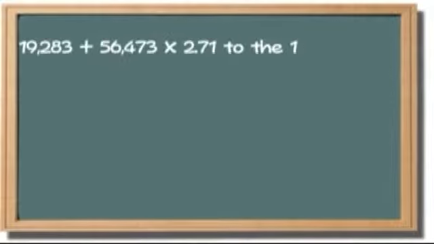Since human behavior and morality are so much more complicated, asking about these things might be more comparable to asking, what is 19,283 plus 56,473 multiplied by 2.71 raised to the 18.049th power? Unless you're some kind of savant or maybe broke out a powerful calculator, I doubt you'll come up with the answer anytime soon. For complex questions such as this, wouldn't a better answer be to say, I don't know,